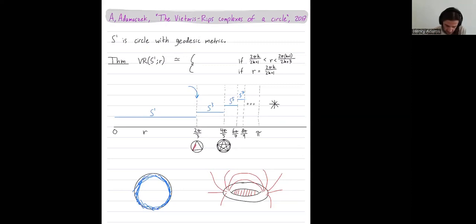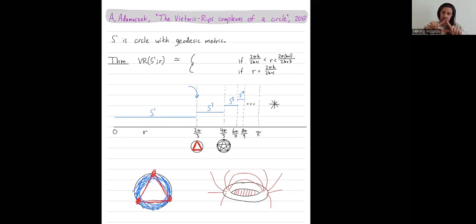So 2π/3 is 1/3 of the way around the circle of circumference 2π. So at that scale, the important change is that equilateral triangles appear, right? Because the diameter of this equilateral triangle is just 1/3 of the way around the circle. So you might think that when this triangle fills in, everything becomes contractible, but it doesn't, because you're not just